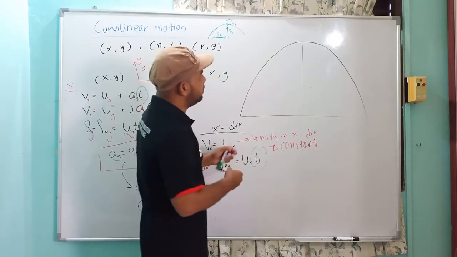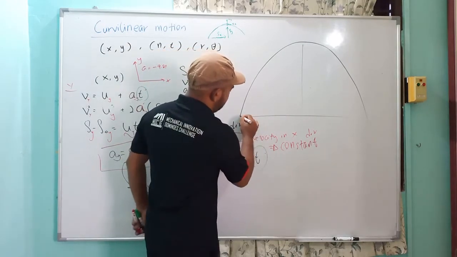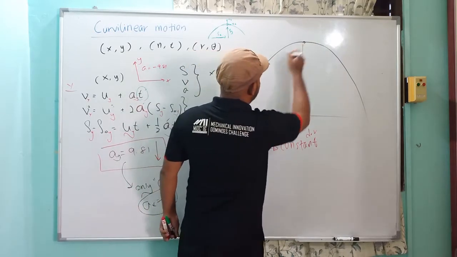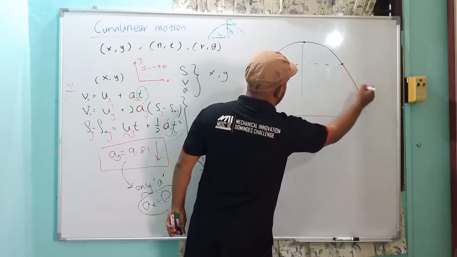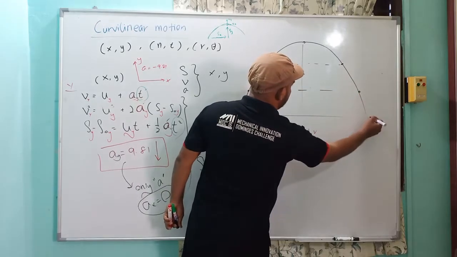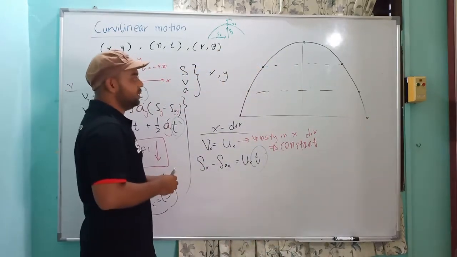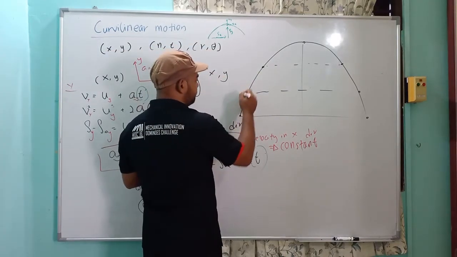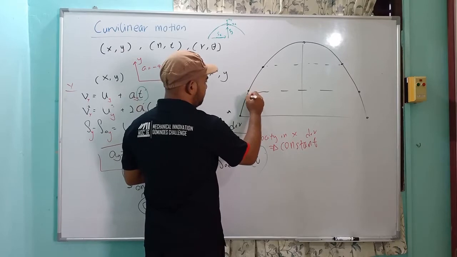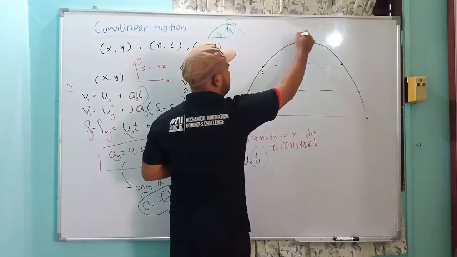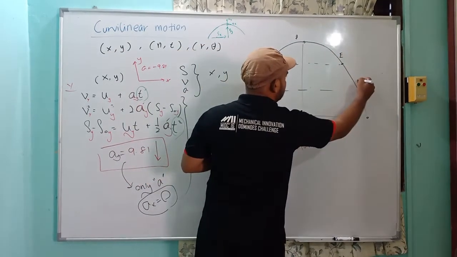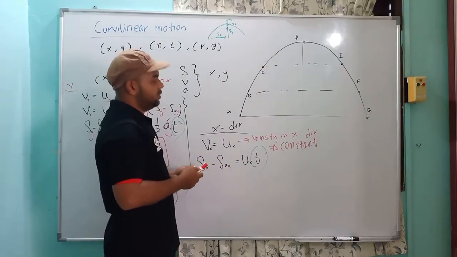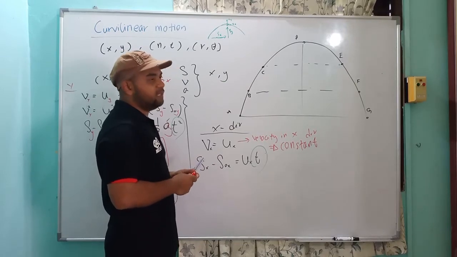So here I will draw the velocity. Let's say we have 1, 2, 3, 4 points at the same level. I'm drawing the same point here, same point and same point. Okay, so let's say we are taking 1, 2, 3, 4. Okay, these are points A, B, C, D, E, F, G. Okay, so let's say I'm drawing the velocity of the component.